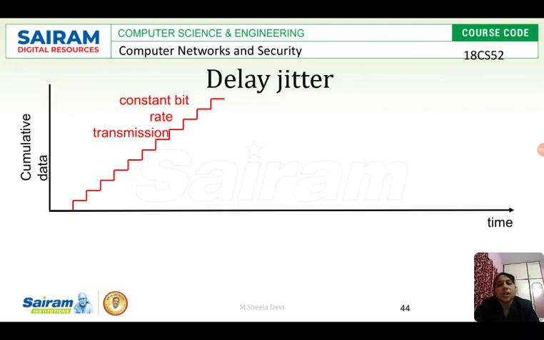See, the sender is sending the packets at a constant rate. Say 20 packets per second we'll assume, so it is constant. So first packet, and after 1 millisecond the second packet, after 1 millisecond the third packet, like this it moves. You can see the first packet, second packet, third packet, there is a constant time delay between every packet. So this is what happens at the sender.